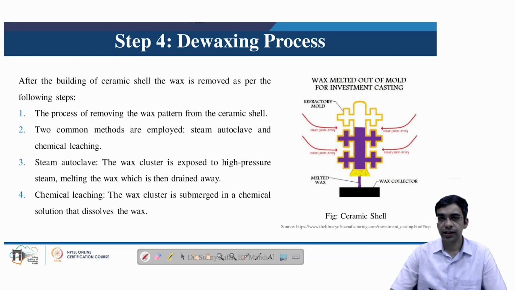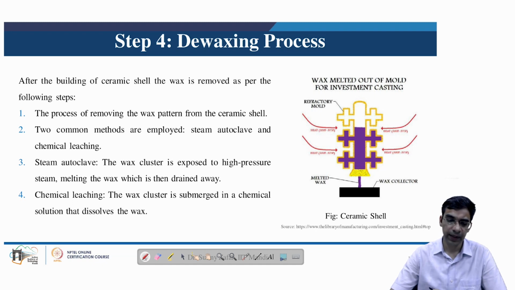Once the ceramic slurry is coated around the wax pattern, we go to the dewaxing process, which is step 4. In this process, the wax which is present inside the coated ceramic shell is removed. To remove this wax, commonly steam autoclave and chemical leaching is applied. In the steam autoclave, the wax cluster is exposed to high pressure steam, which ensures the wax is melted away